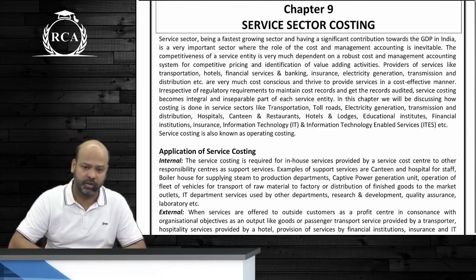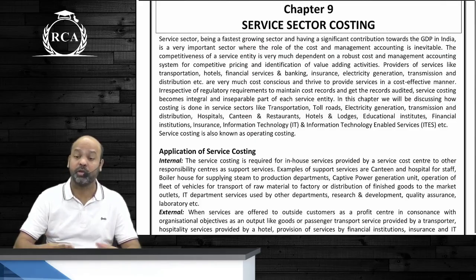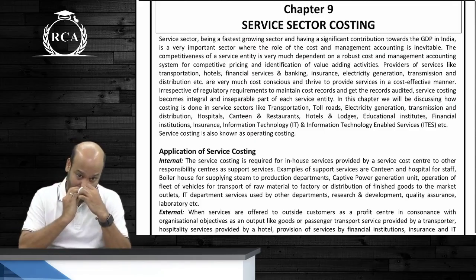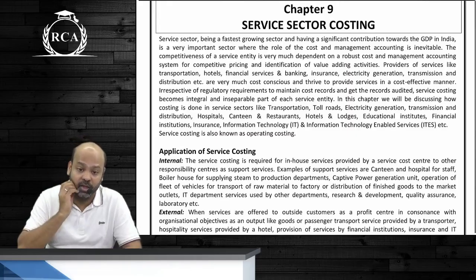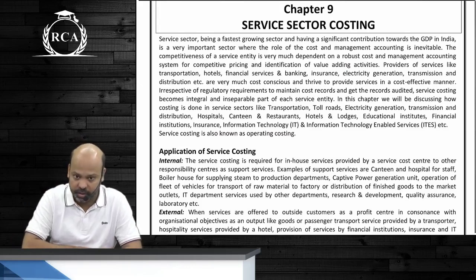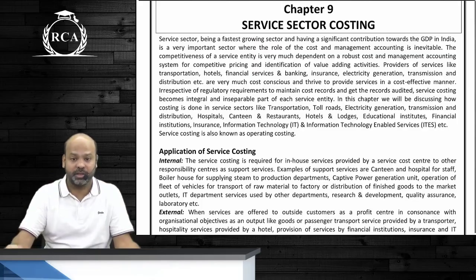Yes beta Srinivas. There can be a relation between the production departments and guys, first thing beta, when I say service sector costing as such guys, I'm not talking about support departments in overheads chapter. I am talking about industries that are engaged in rendering services. So they may not have any production department because they do not manufacture.